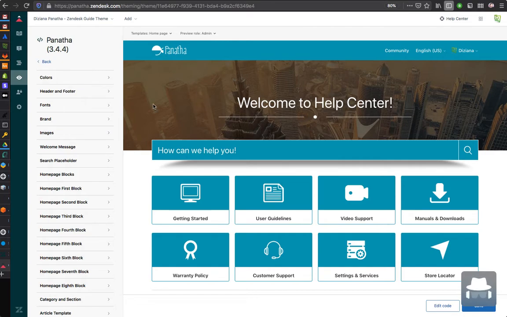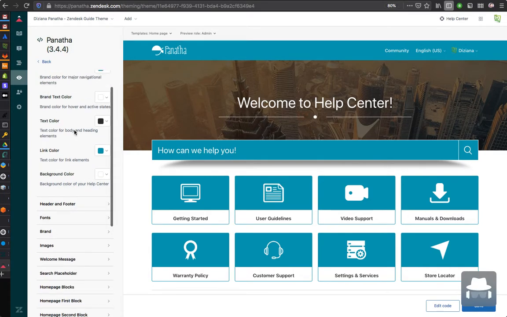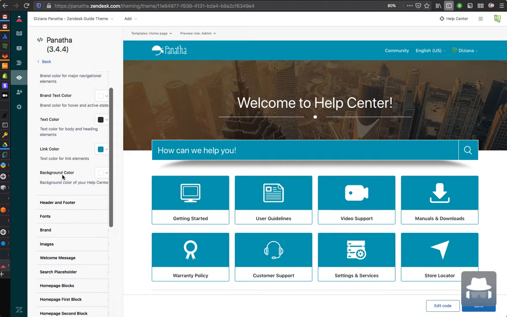So as you can see, once the theme is installed and you click on the customize button, you will see all the settings in the left panel, and you can change colors like brand color, brand text color, and all important colors from here.